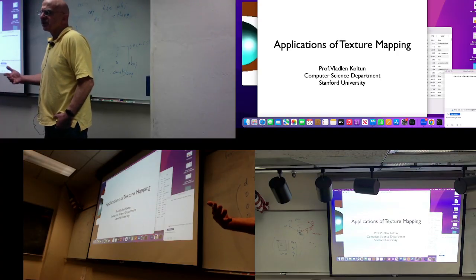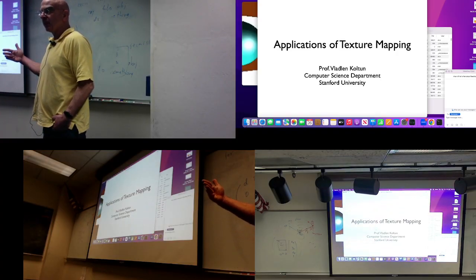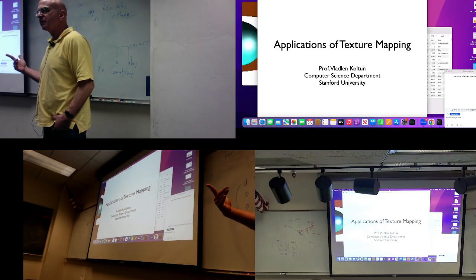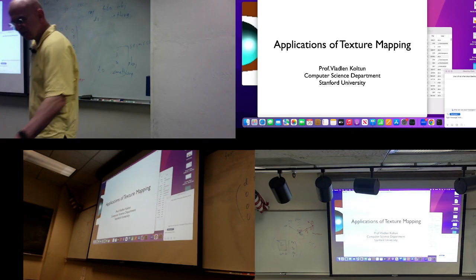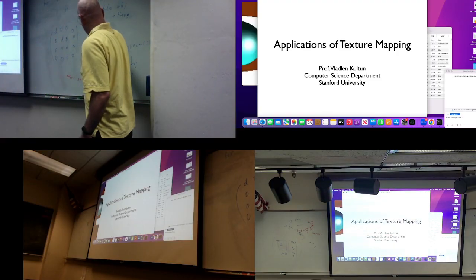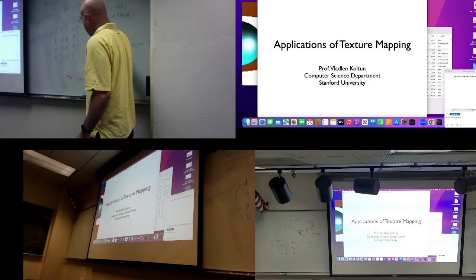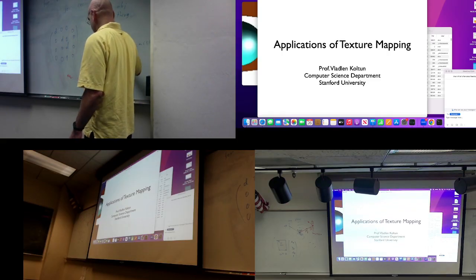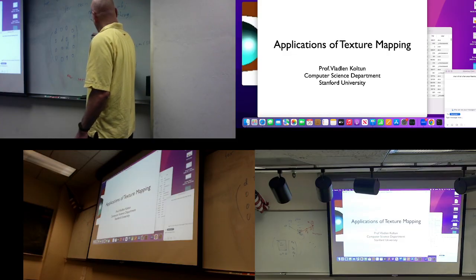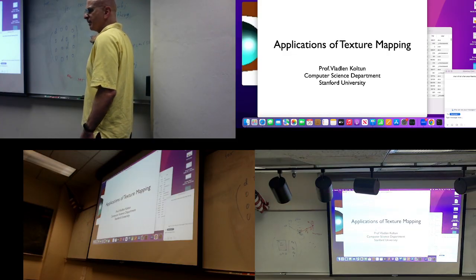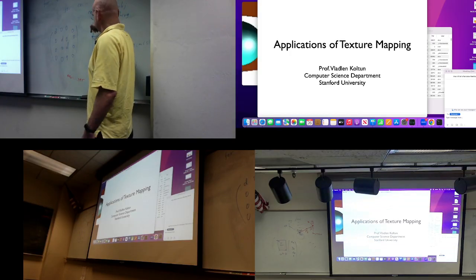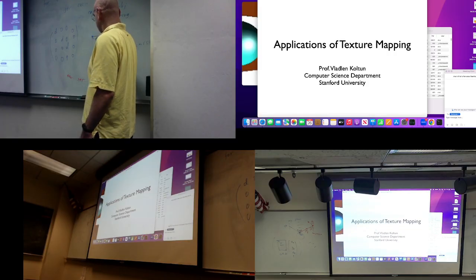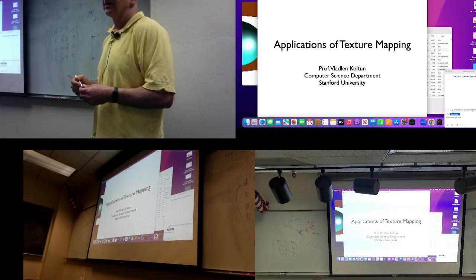Texture to start with is just a billboard, except that you put a picture on it. Usually it will be a triangle, depending on which packages exactly you're using. Sometimes quads are acceptable. Sometimes you'll just think about it as all I need to do to use the hardware supported Z buffer, and we'll talk more on Wednesday about the math, but all I need to say is that the upper left corner is related to one particular point in an image file. The same goes for this corner, the same goes for this corner,